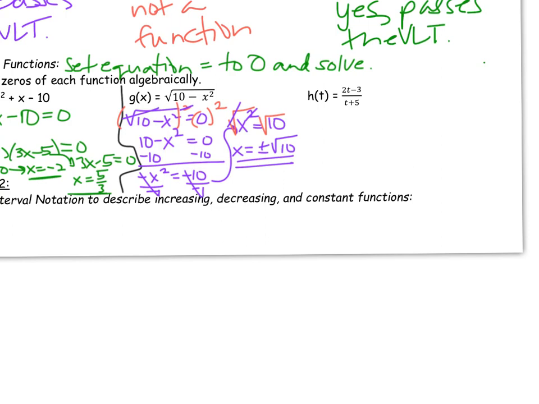Our last example is a rational example. And if we set this equal to 0, we first have to recognize what t can't equal. We know that because the denominator has to be not equal to 0. So t can't equal negative 5. That's just something that we have to verify with our final answer. But now for the work for the 0 itself. If we set the equation equal to 0,